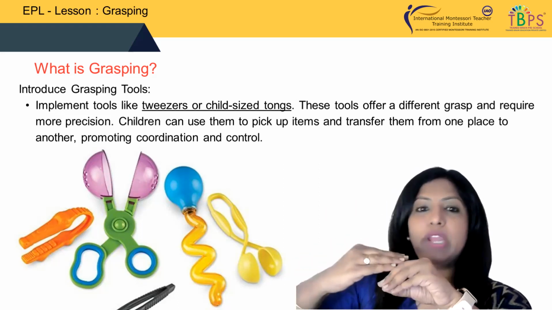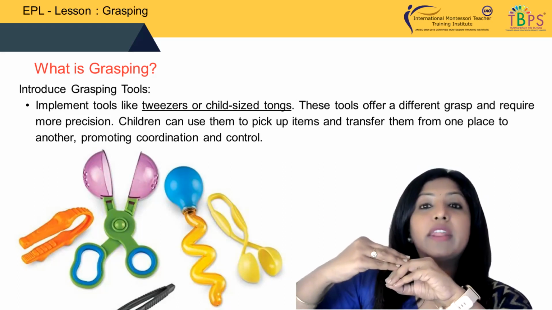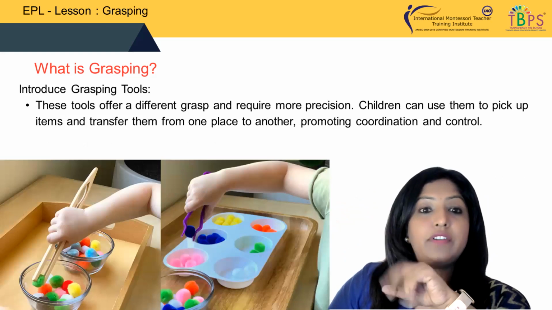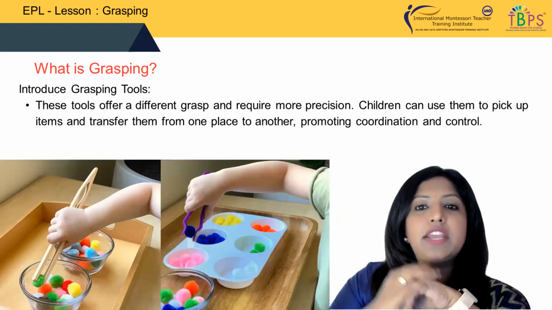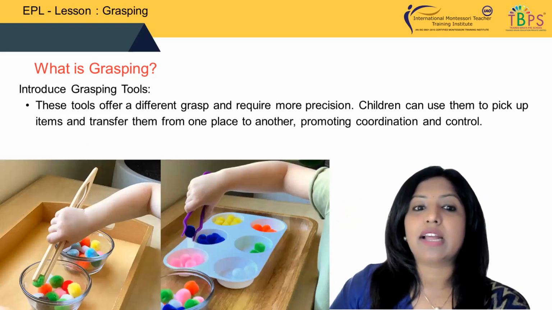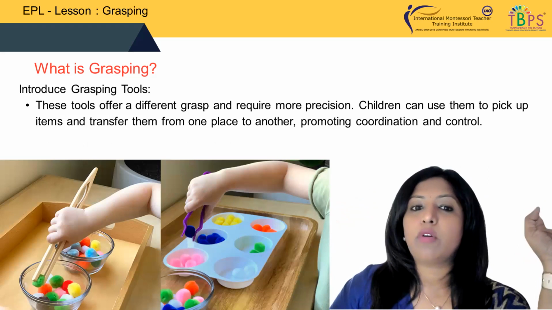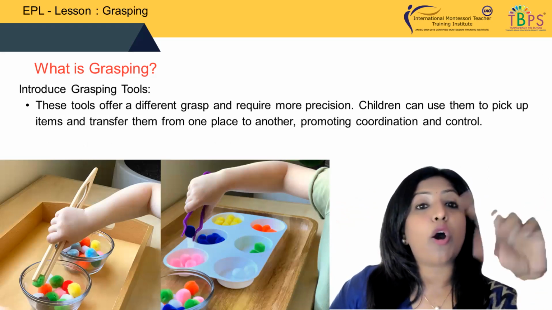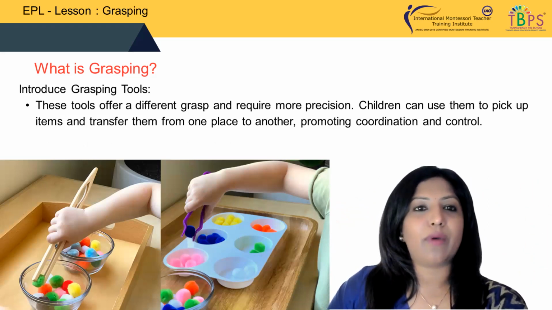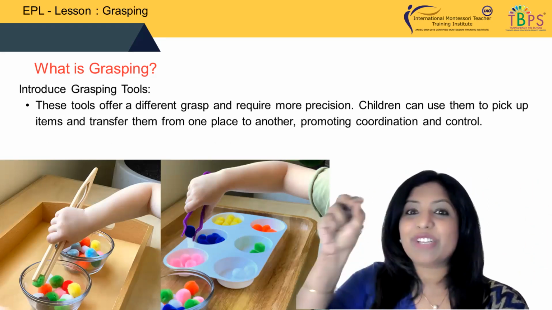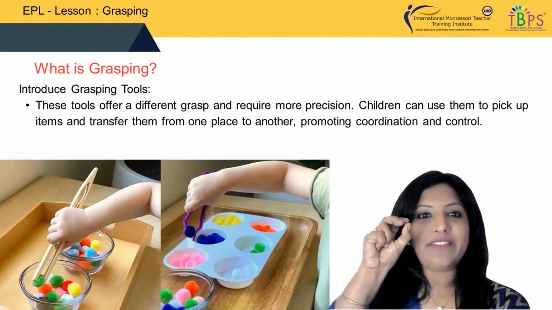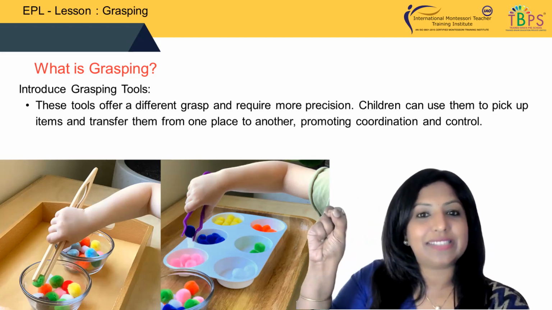So what are you doing? You're moving one level up. You're promoting a little bit more on a higher level of coordination and control. After that, I can give this. See, always use colorful things for coordination and control. See, the child is now able to transfer. Pom poms you can give, cotton balls you can give, or you can ask them to sort based on colors. Again, here it is more complex. First, the child can transfer everything one after the other. Now he has to see which color goes where. There is some more delay, so that means the child will have to hold it for even more seconds.